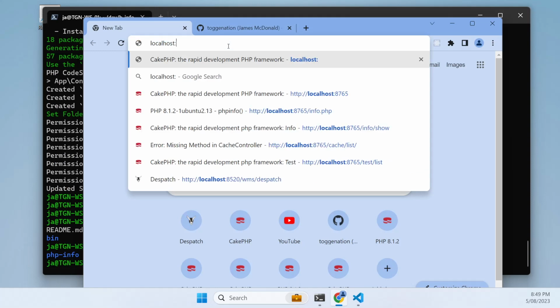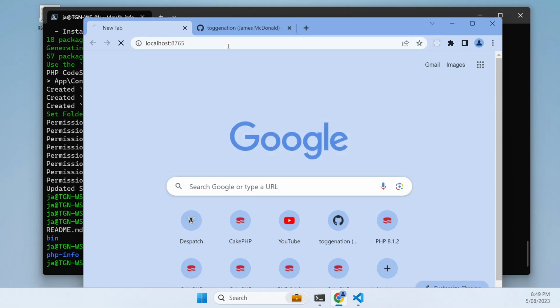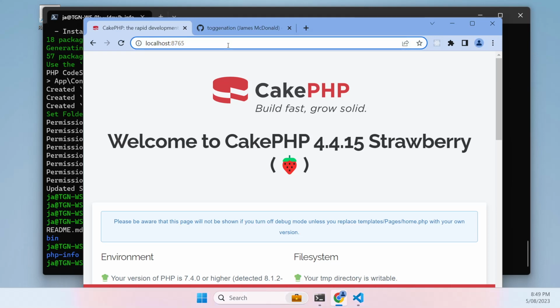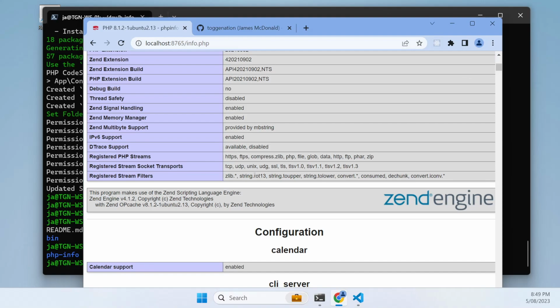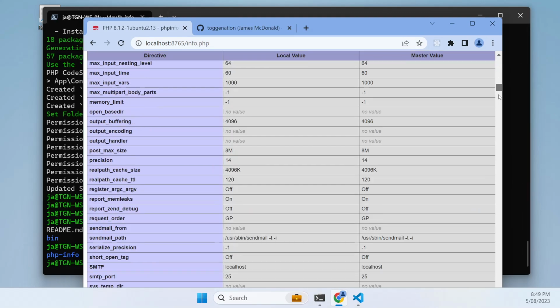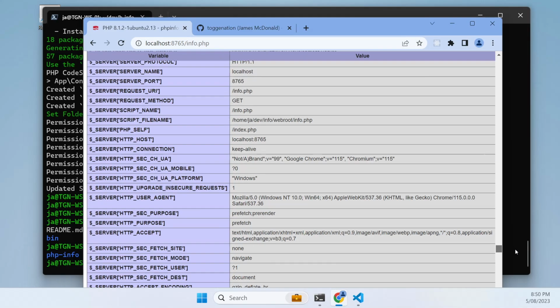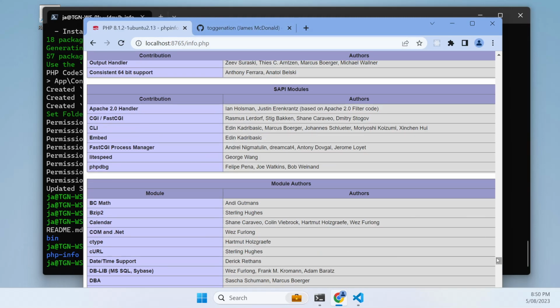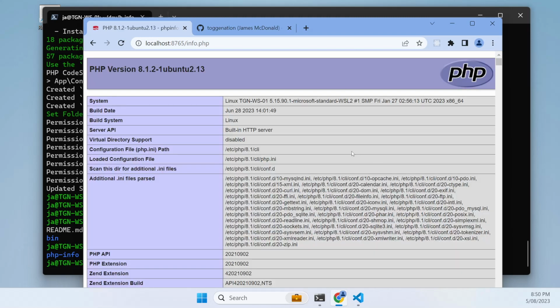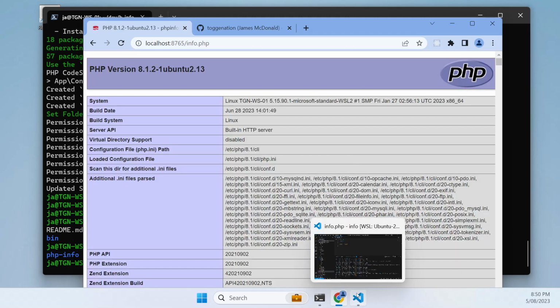So, for example, you might want to see all the configuration settings in your PHP environment. So this video is going to be about embedding this into a page and doing that using a Cake plugin